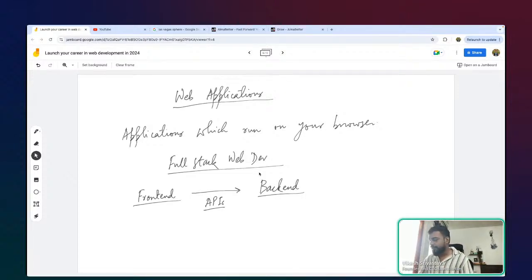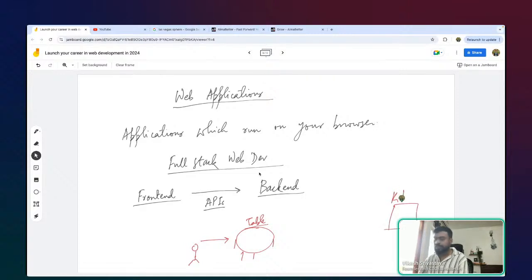So a simple useful analogy to understand this would be, think of a restaurant, right? So you go to a restaurant and there is a table. Of course, I'm not so great at drawing things, but let's say that you go to a restaurant and you sit here. You are this person, and then there is a kitchen of the restaurant.